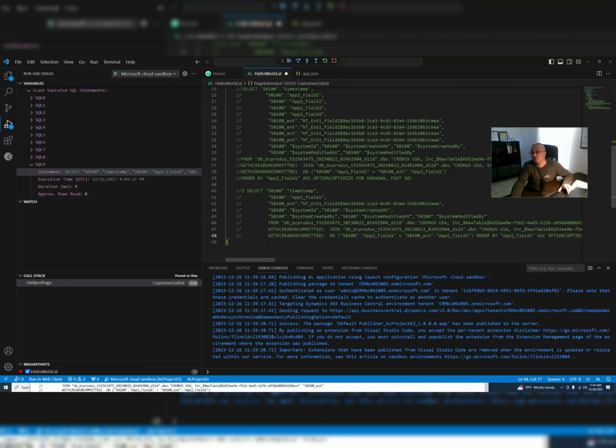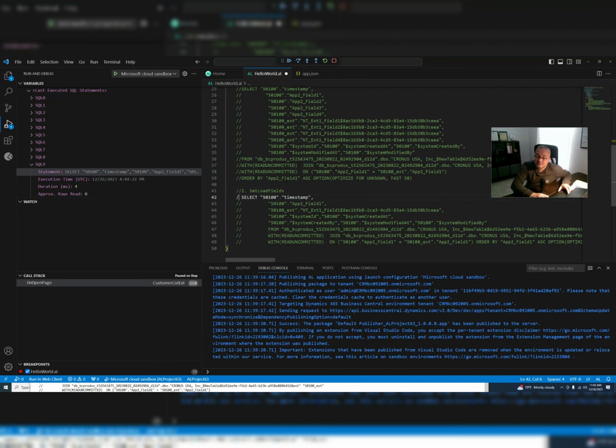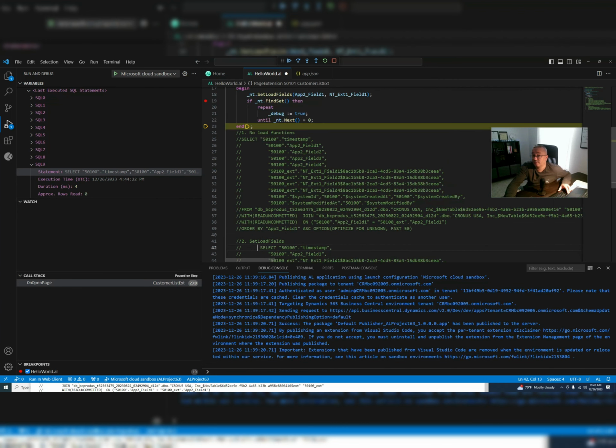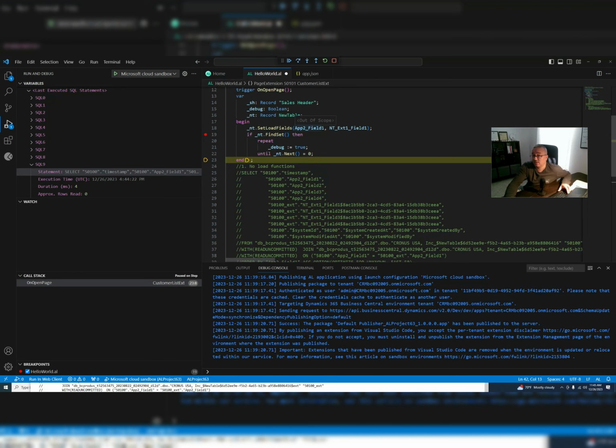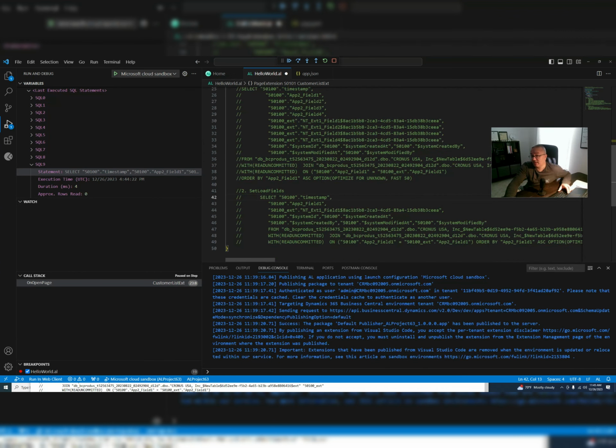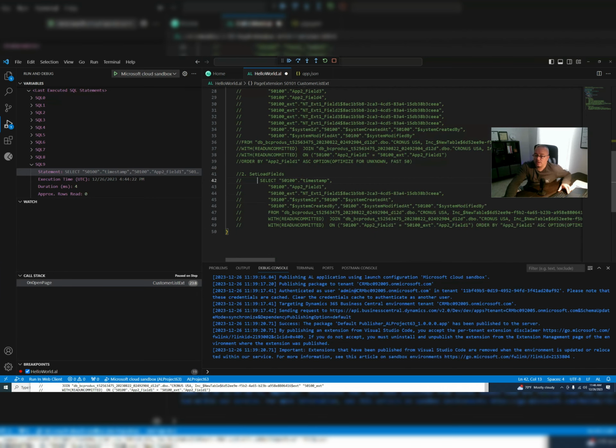Yes, so with SetLoadFields, let's have a look here. Let's write it down. SetLoadFields. What we get is the fields that we're gonna select in this SetLoadFields only, and the audit fields. Okay. Now the third use case and the main topic of today, which is